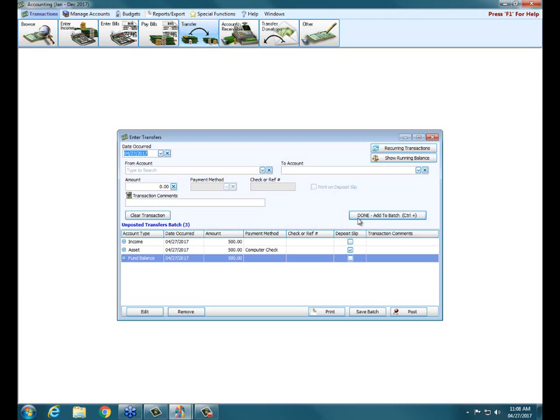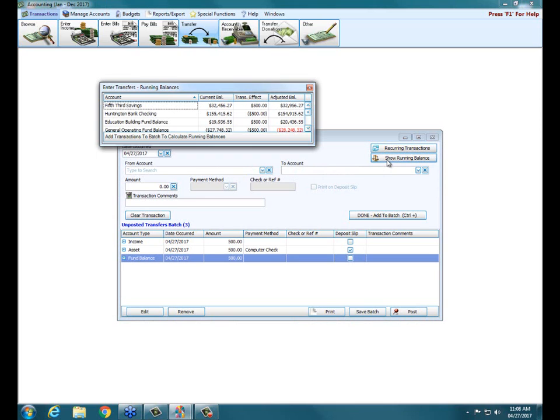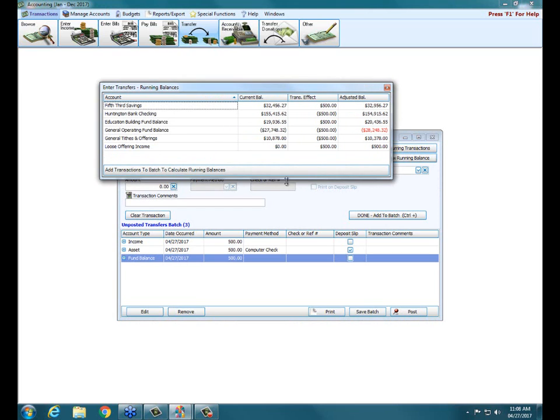I could have posted after each one of these. I just wanted, for today's time, to go ahead and add them all at once and then we'll post them. Really quickly, before I hit post, when I have things in the batch, I can click Show Running Balance, and that brings up a little window that shows me all of the accounts that I've put into the